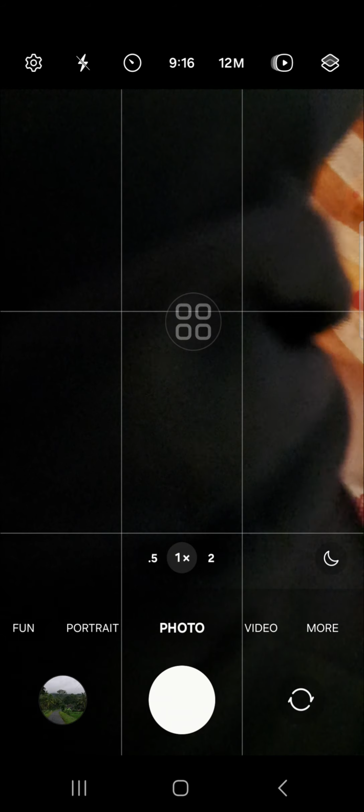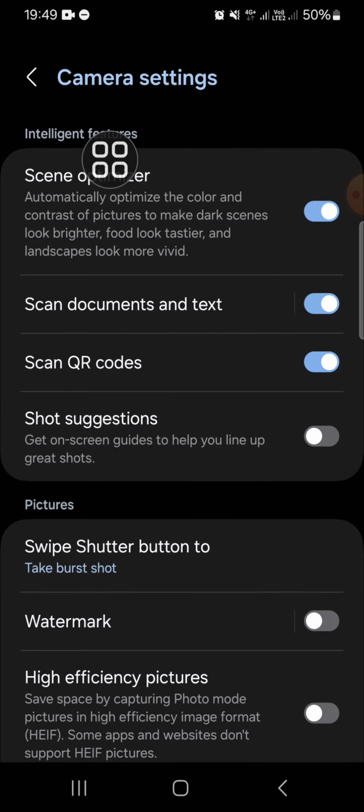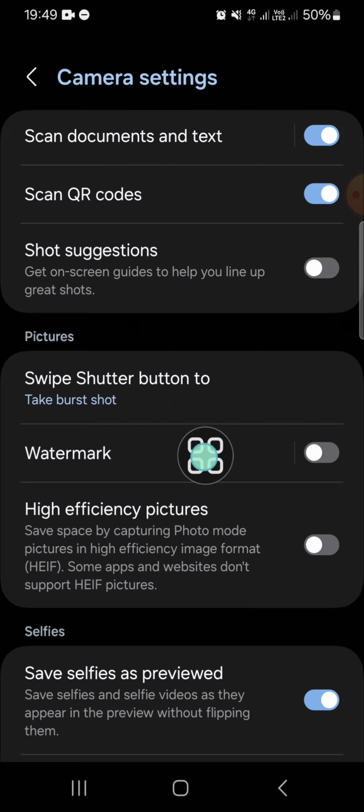our photo. You can go to your settings guys, open up the settings on your camera, and then you can scroll down until you find watermark. As you can see guys, my watermark is not active and I'm going to enable the watermark. I'm going to click on this toggle button to activate the watermark, and if you want to customize the watermark,